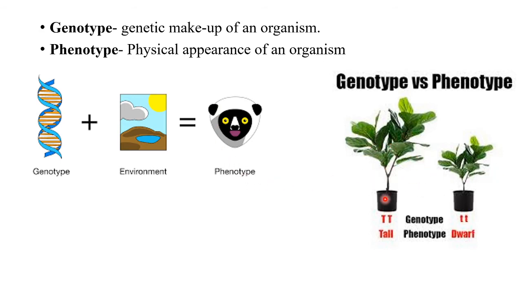Here you can see that the stem length is an observable character. The tall character of this plant is an observable character, but its genetic constitution, the gene for its tall character, is not observable here. That is the genotype, and the length of this plant, that is the tall character, is the observable character, that is the phenotype. Just like here, it is the short dwarf plant, an observable character, that is the phenotypic character of this plant, but its genetic constitution, whether it is small t or capital T, is not observable.